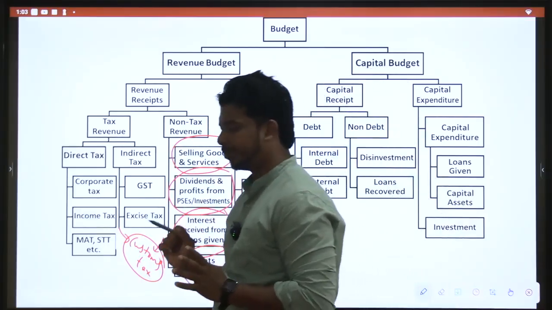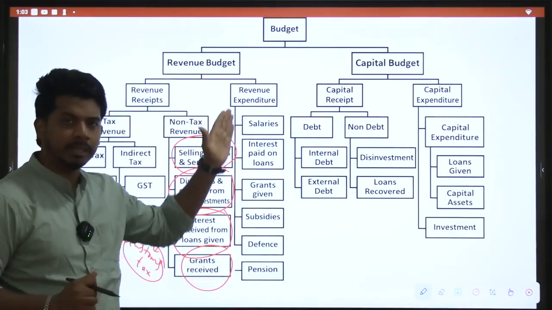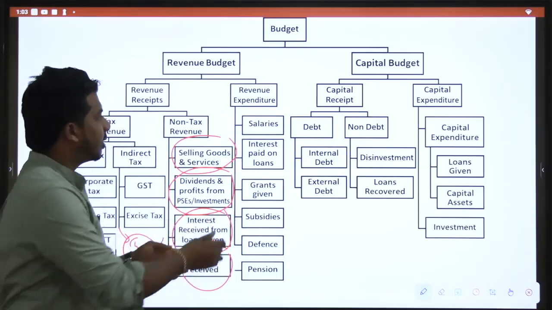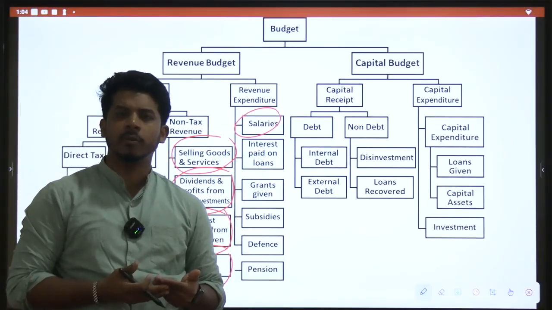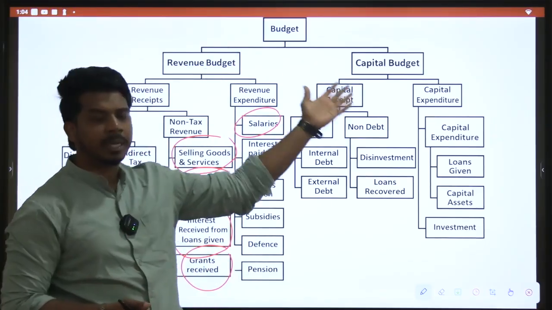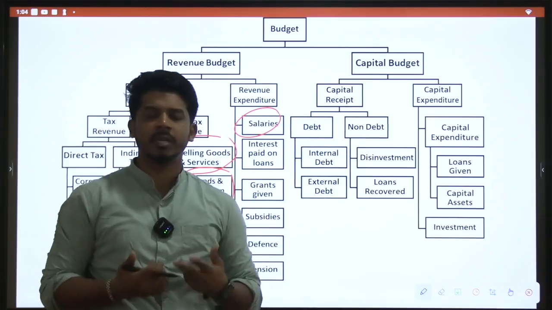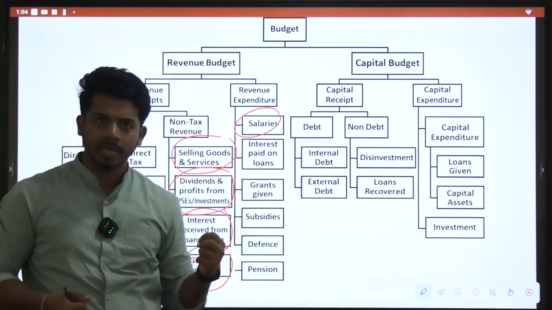Okay, so it is revenue receipts. Now come to the revenue expenditure, something government has to spend at regular intervals. Okay, salaries. So there are many employees working under the central government of India. Okay, so budget I am explaining with union government, central government, but same budget is also applicable for state government. Okay, this is for any government. So it will be paying salaries for people working under it.